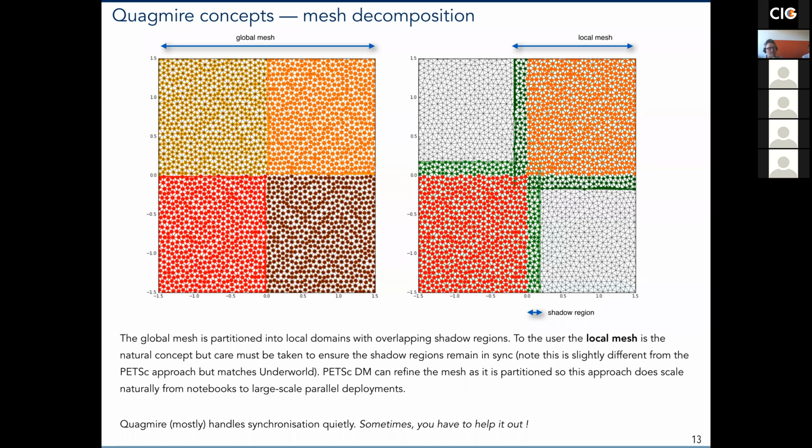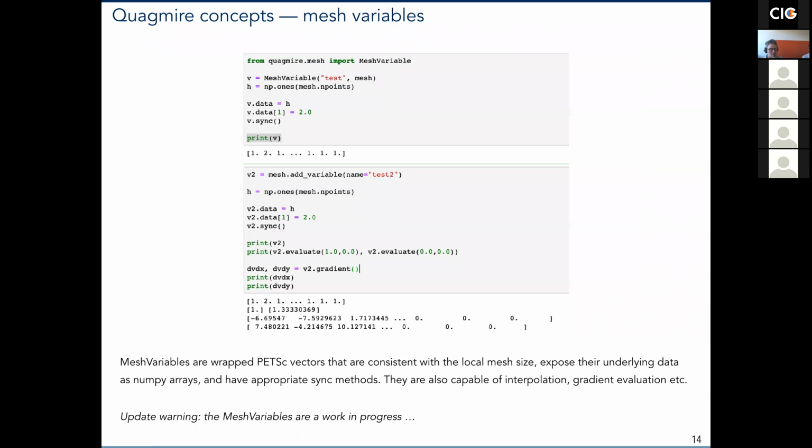So here is an example of some mesh variables, which are really PETSc vectors, and they are consistent with the local mesh size, meaning the mesh that you see, including all of the shadow information. They expose all their underlying data as though they are NumPy arrays,